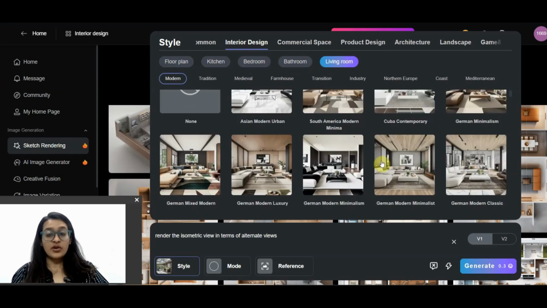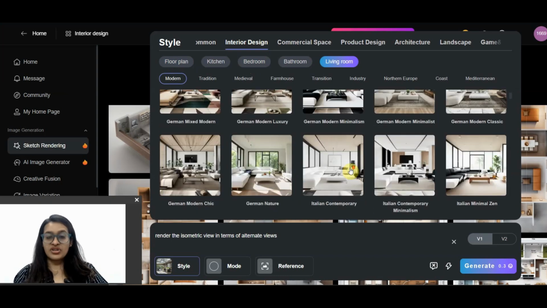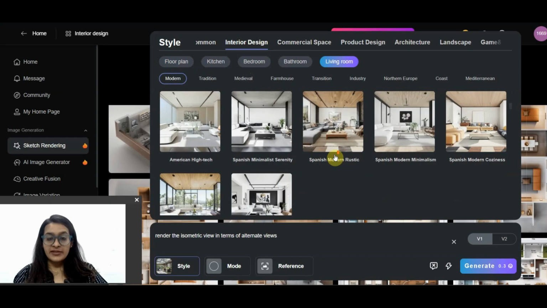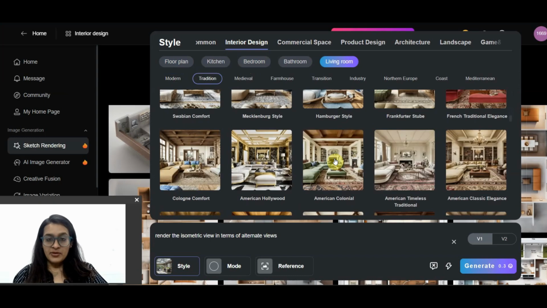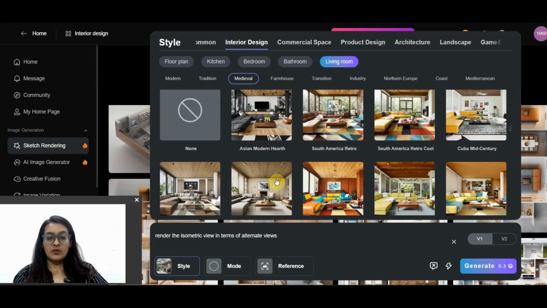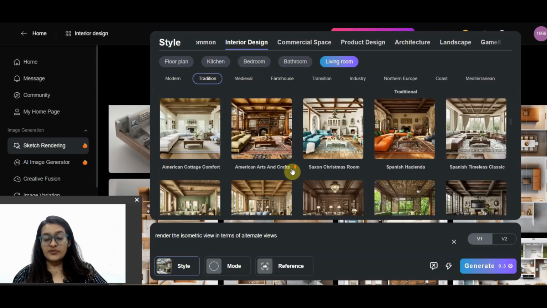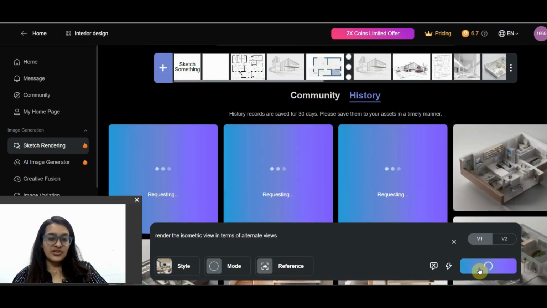So living room also has a lot of styles: German modern minimalism, German modern luxury. Wow, it does have an idea of a lot of styles. So if it can do justice to even a few of them, I would be really happy because it's doing a pretty decent job there. And you see the amount of options this plan is about to give. So this is quite impressive on the front. Modern minima. I hardly know what that means because it's a very confusing style in itself. But let's see. We are just here to try.